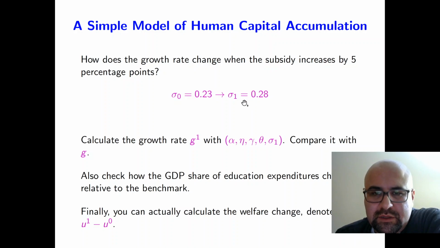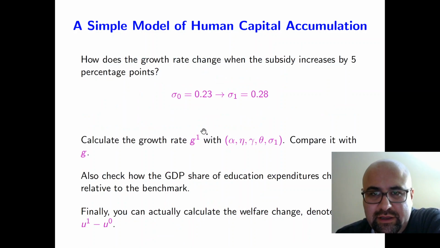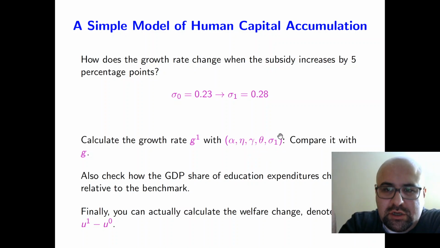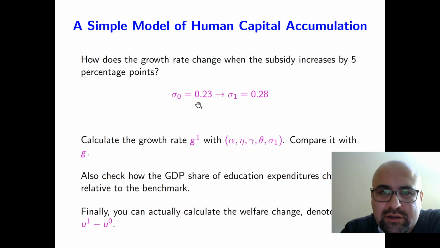So now, since I have all the parameters, and since I have the growth rate formula itself, I can actually calculate an alternative growth rate. So this is the experimented growth rate that depends on all other parameters, alpha, eta, gamma, and theta, but now subsidies change. Subsidy is now larger. Okay, and then I can compare it with the baseline value we obtain under the subsidy rate of 23%. Okay,